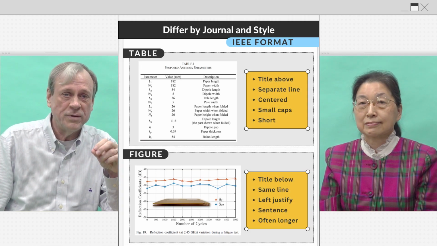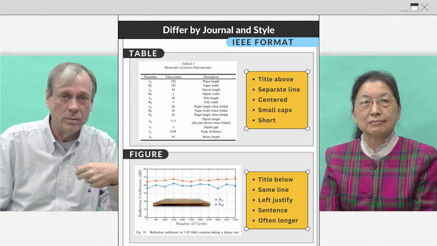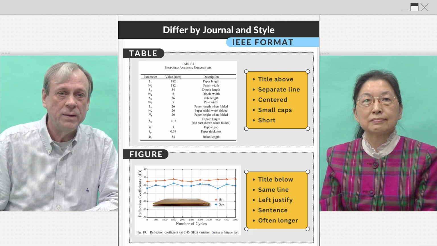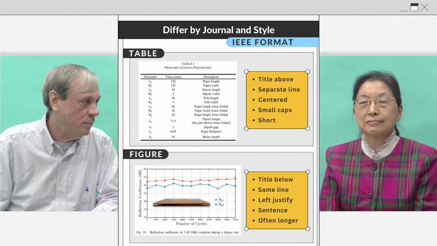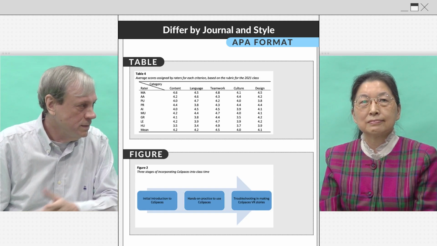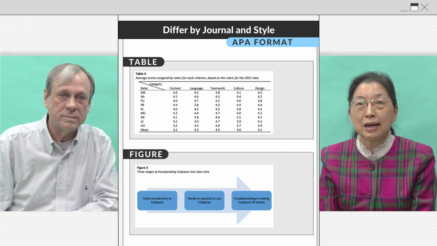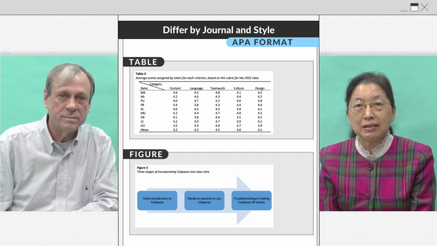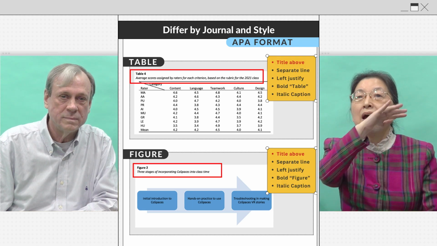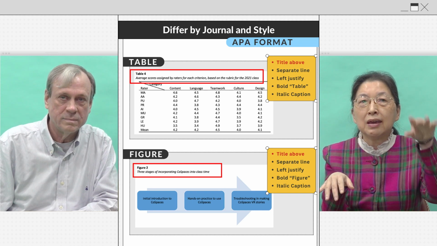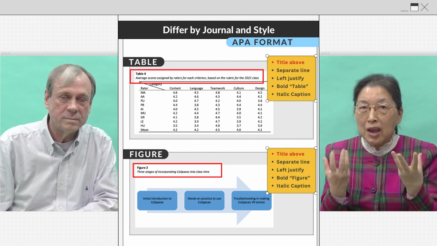And in engineering, it's very frequent for the captions for a figure to be several lines long because they often have sub-figures within them. Whereas again, this is different in other fields like the humanities where they tend to be on one line. So tell us a little bit about the APA format and how that's changed. We have to follow the most current APA style. The 7th edition tells us to put both the captions for tables and figures on top, not traditionally tables on top, figures on the bottom. So we need to pay attention to the changes.